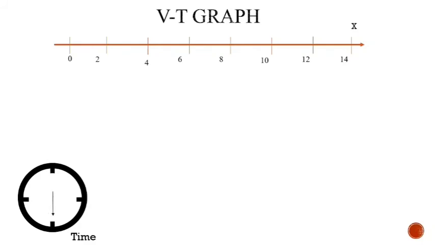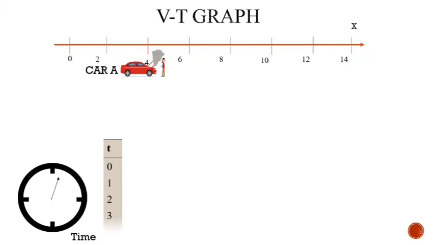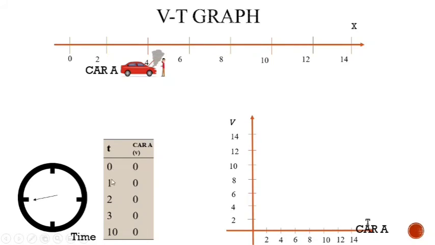To find out velocities at different points, we will take the same examples as we have seen earlier. In this, car A is not working at all. So whatever may be the time, the velocity for this car will be 0, irrespective of the time. So here we can see, whatever may be the time, the velocity of the car A is 0. To represent this phenomenon, this will be represented on x-axis because the time is increasing, but car A is not having any velocity, that is, velocity is 0.